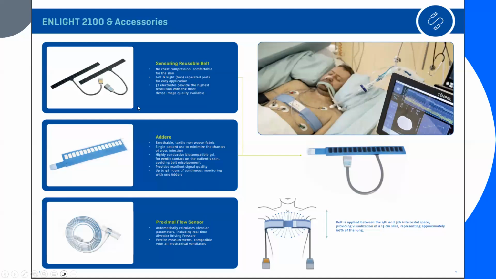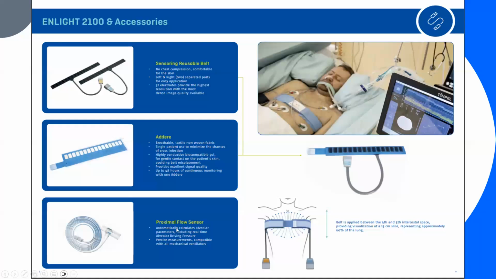So there's two different bands. There's a left and a right that are separate. So it really makes it easier to apply this to a patient. And then you plug those into the machine. There's what's called an adhere. This is a single-use strip that goes around the bands. You can see here on the right side the band that actually has the adhere on there. There's these clear windows that allow the sensors to read through the